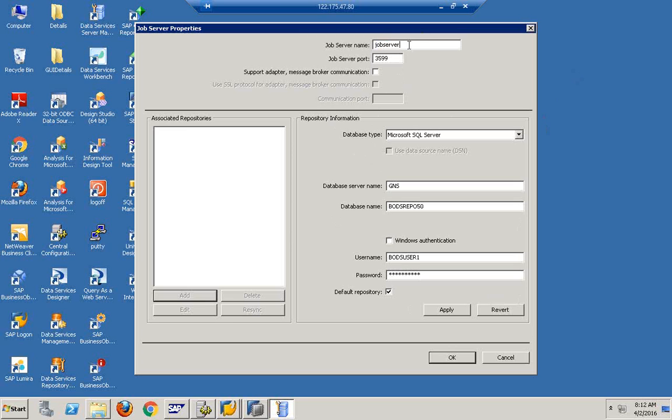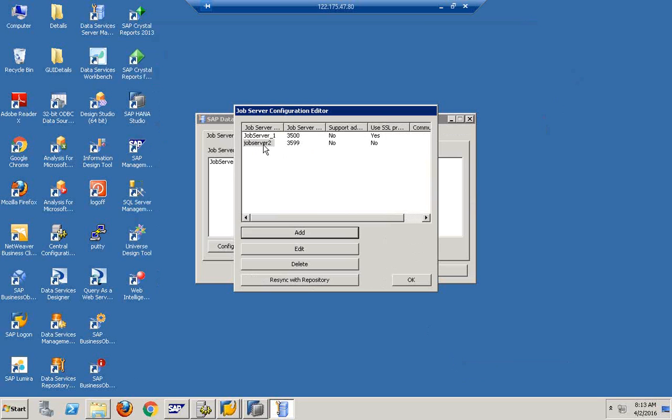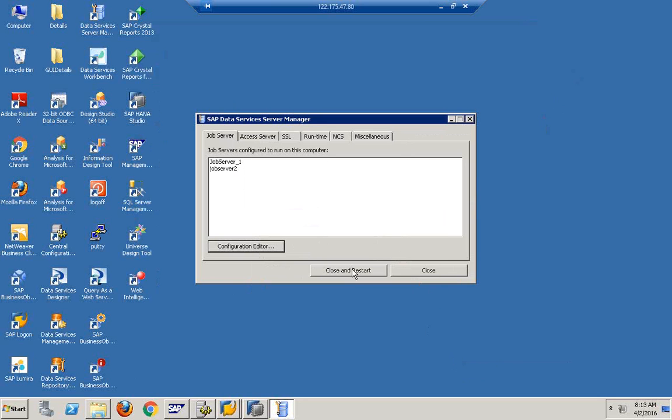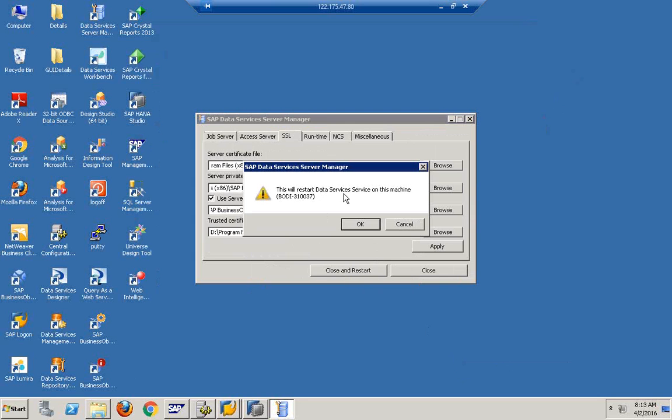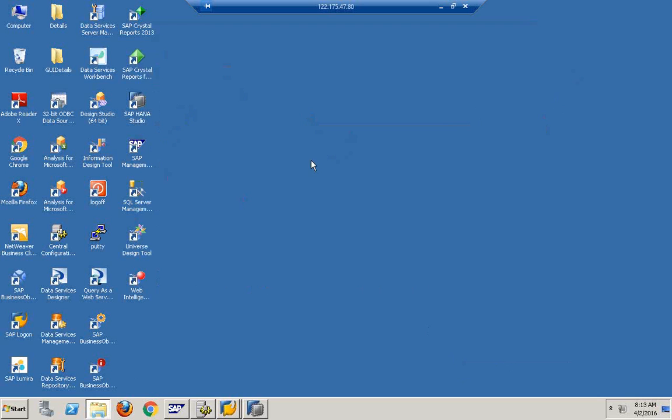I'll give it as 2. We already have 1, I think. I'll give it as 2. Click Apply. So this is the associated repositories, and click OK. So here we have job server 2, port number 3599. Click OK. And then let us close and restart services. Let's click Close. This will restart Data Services on this machine. Click OK. So now it is restarting Data Services on this machine. Once it is refreshed, then